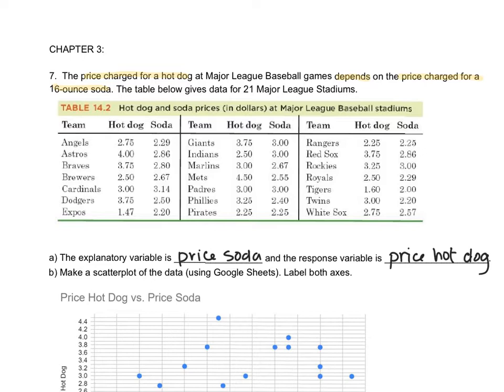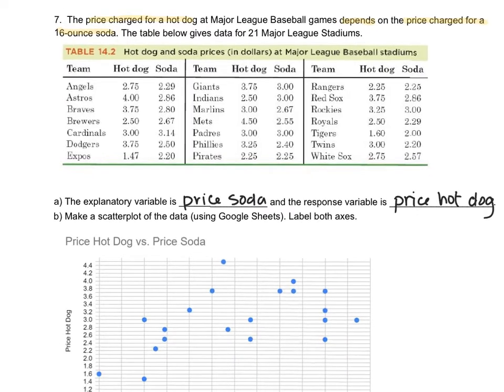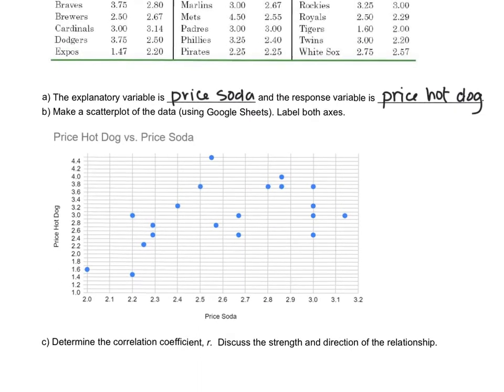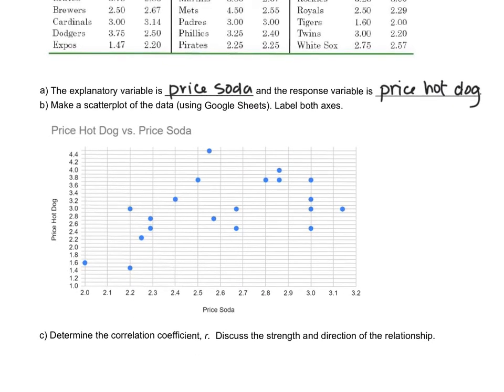Next, what I want to do is figure out my scatter plot. So I'm going to take my data here. I inserted it into a Google Sheet, and my first column is the price of my sodas, and then my second column was the corresponding hot dog price. And then I created my scatter plot for that. If I'm looking at this, there doesn't seem to be much of a relationship. It is positive, because as the price of the soda increased on average, so did the price of the hot